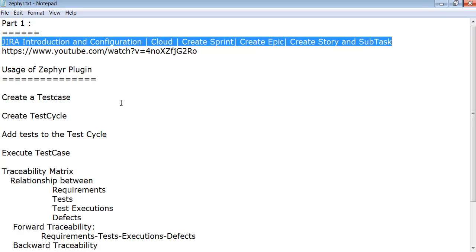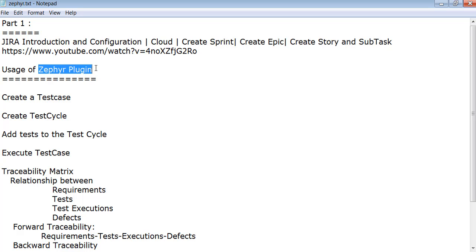So in today's video, we are going to discuss mainly the Zephyr plugin, because we have seen this plugin last class.